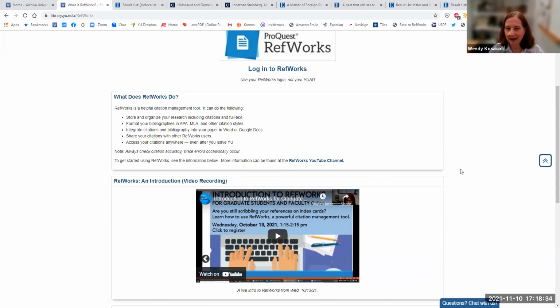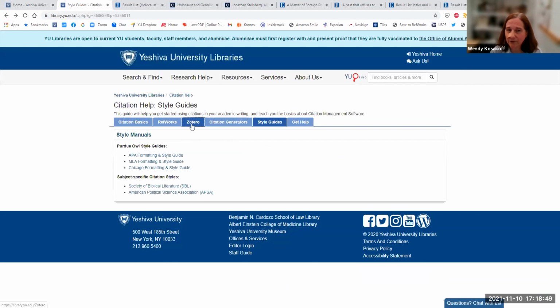So if you have questions about how to use Refworks, you can just look through here, and we really have done our best to give you the best information that we can to explain how to use Refworks. And there's also Zotero. We have a guide in here for Zotero, which is another citation management system. This is for when you're doing research with extensive